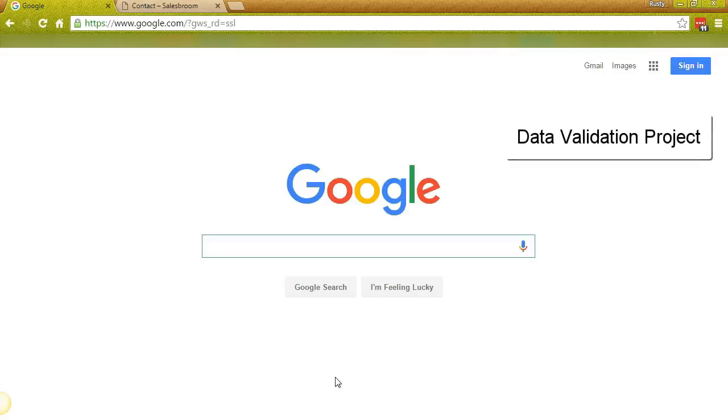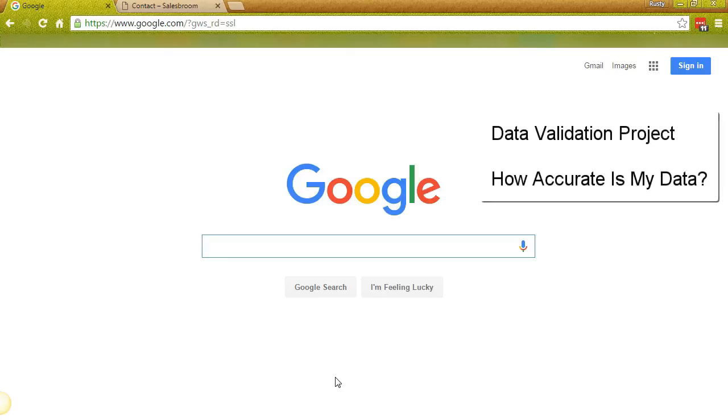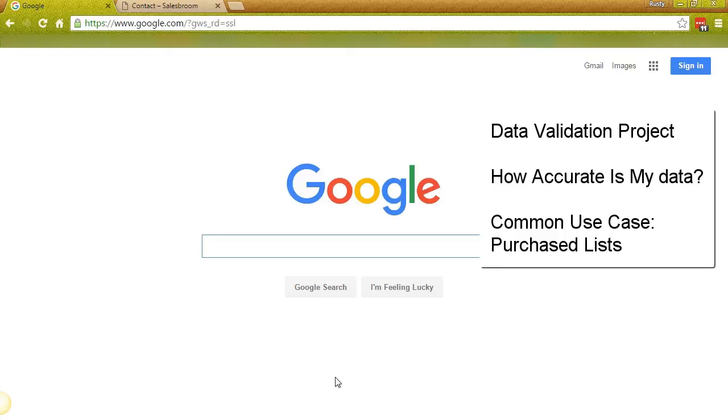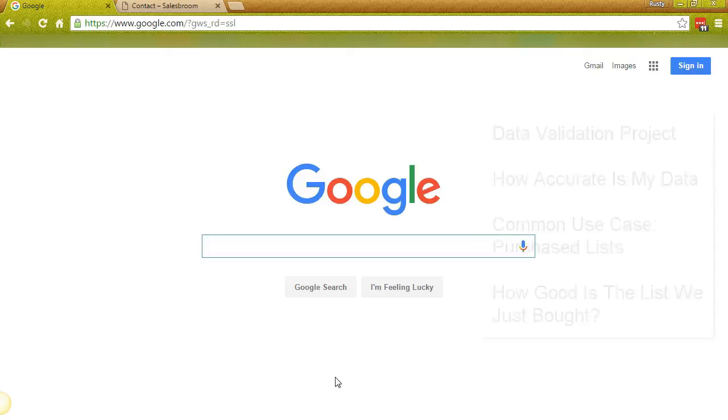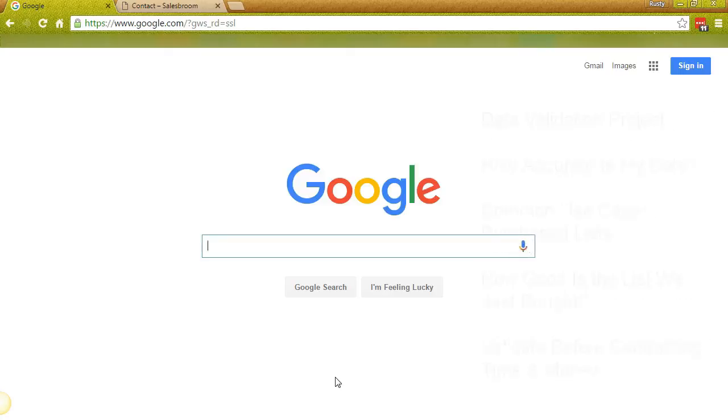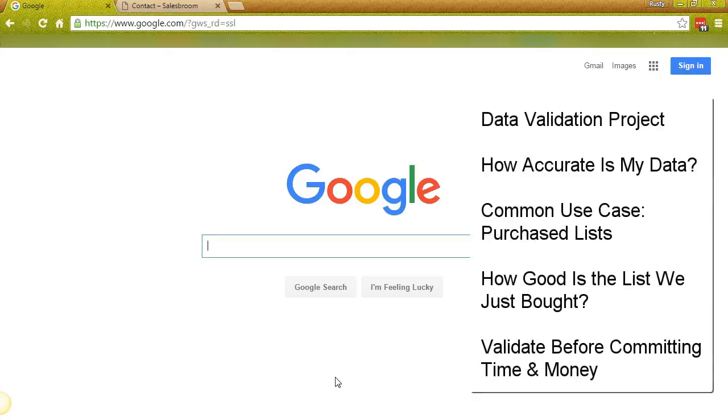Data validation, as you can imagine, is just the process of determining how accurate each piece of information is in a given data set. The common scenario for us is you've purchased a mailing list, and as anyone who's ever purchased mailing lists knows, those lists vary significantly in terms of accuracy and how current they are. And before you spend the next several months having your sales team prospect from that list, you want to get a sense of whether that time will be time well spent, how accurate is the list, how current is the